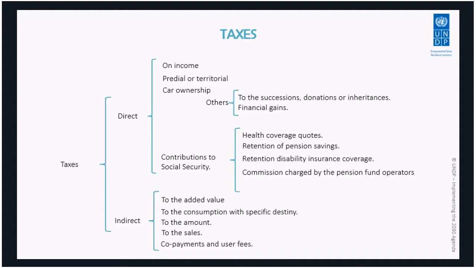As you might recall, we start from the market income, which is equivalent to the income that individuals and households perceive, for instance, from the labor market, right? From private transfers like remittances, etc. So that is the main starting point